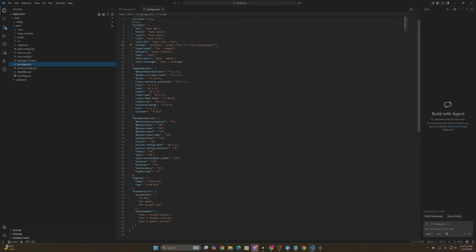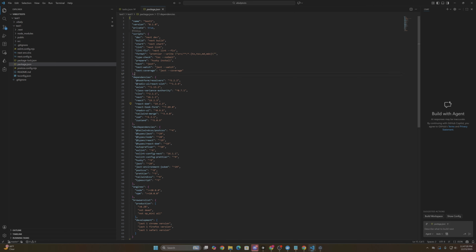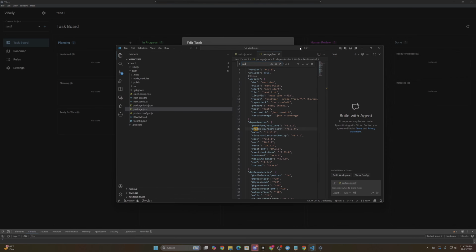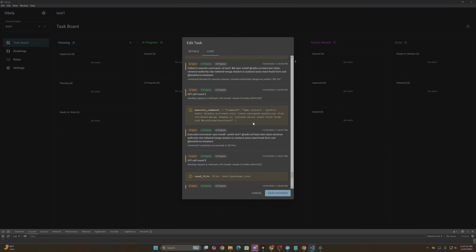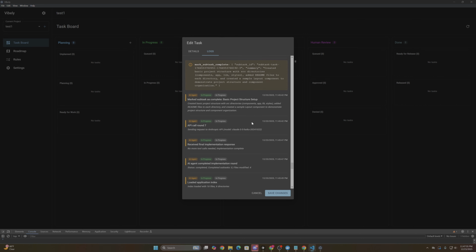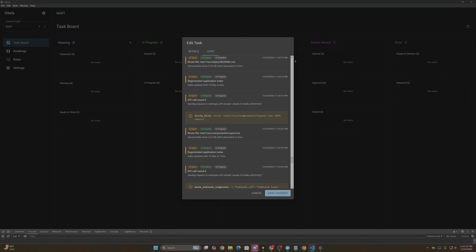Didn't install Radix UI here. It did. Okay. Class variance authority. Yeah. I don't know why it's installing all these dependencies, but it is actually doing what it needs to do. Write file, source components,